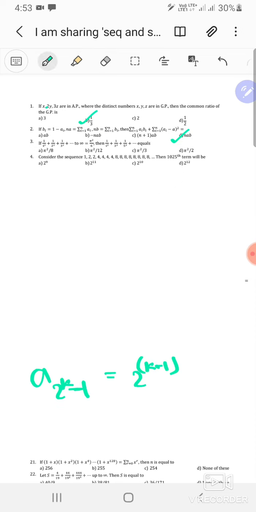Right, we want to express this as 2 power k minus 1, the 1025th term. So we want this number to get very near to 1025. So you want 2 power k minus 1 to be approximately 10. Yeah, so k has to be 10 in that case. Fine. So in that case you will get that a1023,